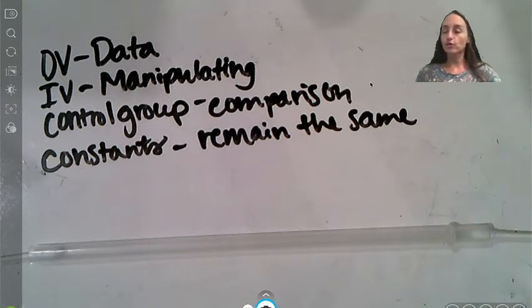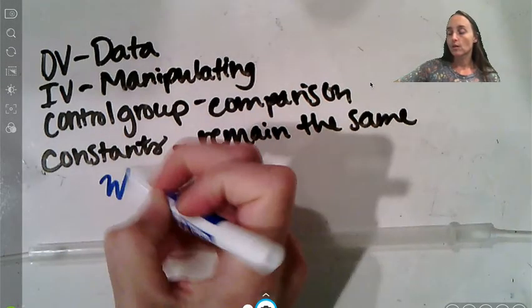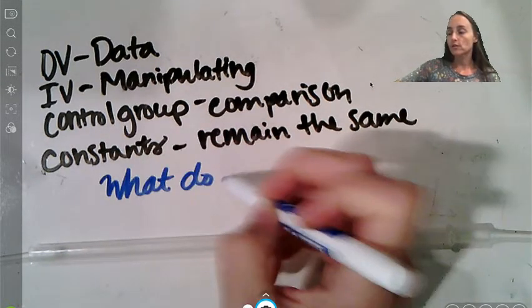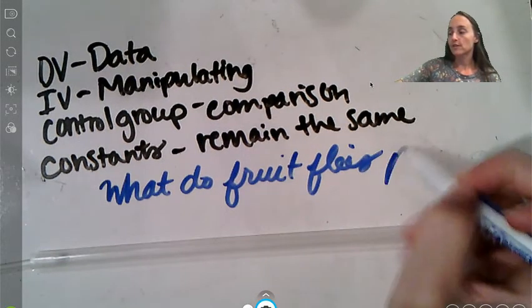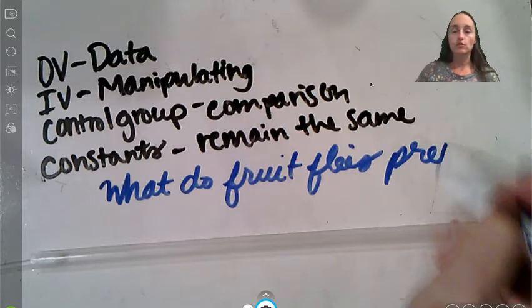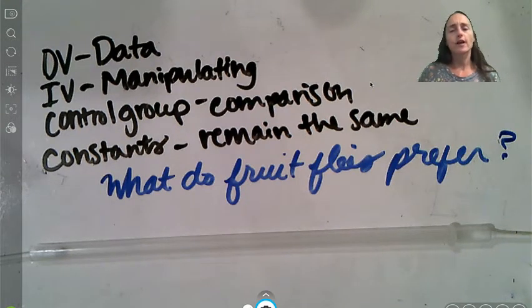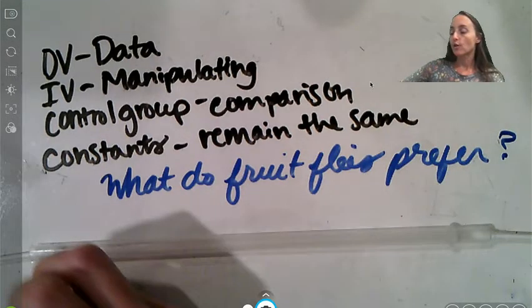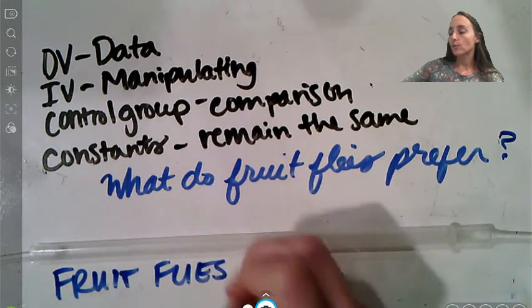So the research question is, what do fruit flies prefer? That says flies, in case you can't read my tragic handwriting. And you'll have a specific research question, like, do fruit flies prefer blank over blank? And then you'll come up with a hypothesis, and your hypothesis might be fruit flies prefer